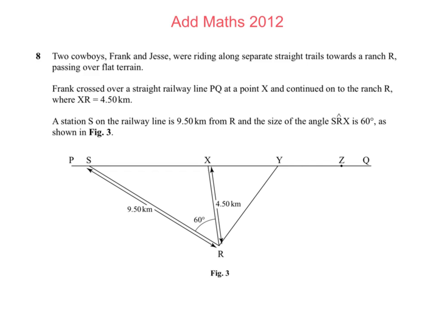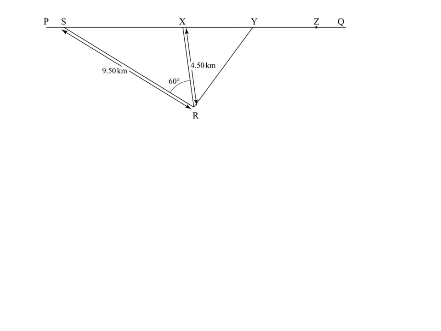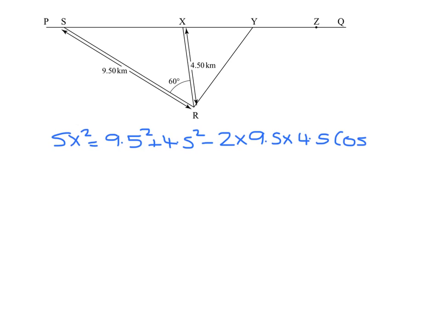Add Maths 2012, Paper 1, Question 8. First thing we're asked to find is SX, which is here, with the opposite angle and two sides, so I'm going to use the cosine rule. So SX squared has to equal 9.5 squared plus 4.5 squared minus 2 times 9.5 times 4.5 cosine of 60. So SX squared is 67.75, so SX will be the square root of that, which is